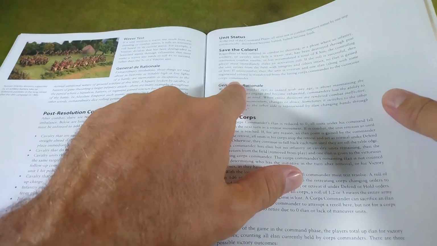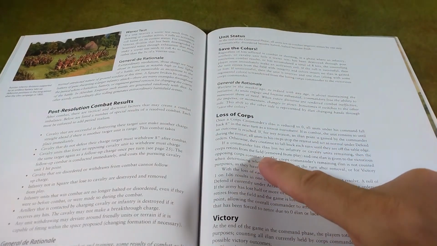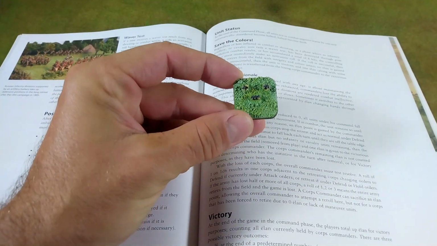Well, wait a minute. I think if you lose the colors, you're eliminated because everybody runs away. Then there are rules, if you're playing the bigger games, there are rules for loss of a corps. In Absolute Emperor, you can have multiple corps, each of which is led by a single leader. And then, of course, your army has its...